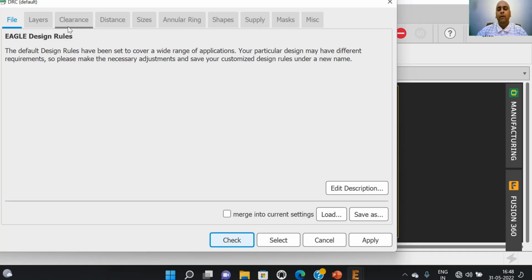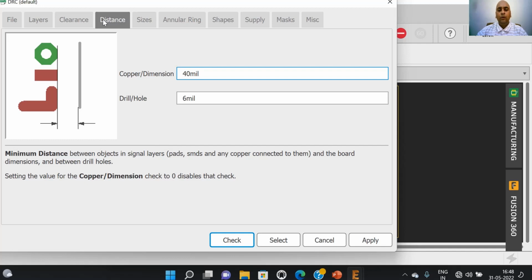For example, by selecting distances, we can check the copper dimensions and the drill hole size.